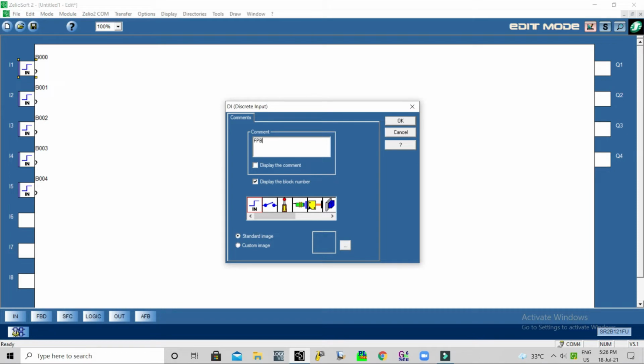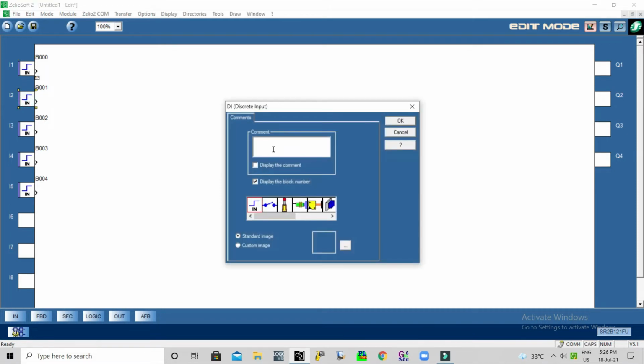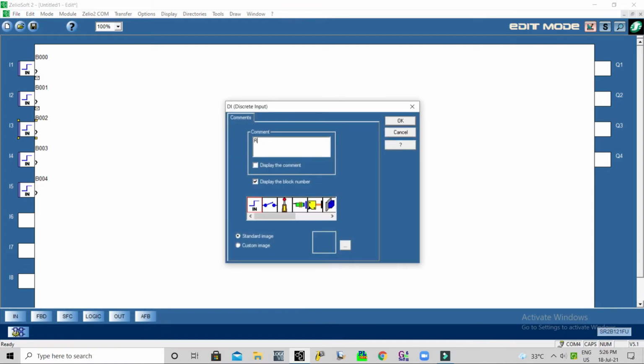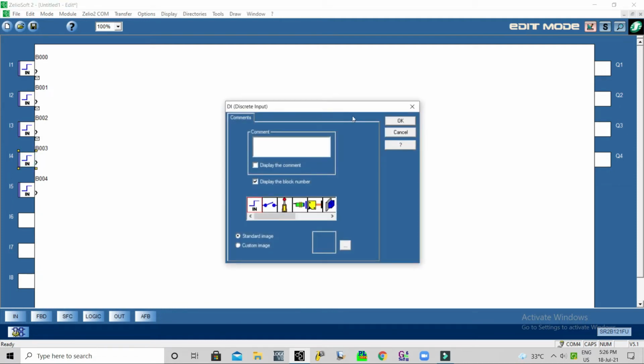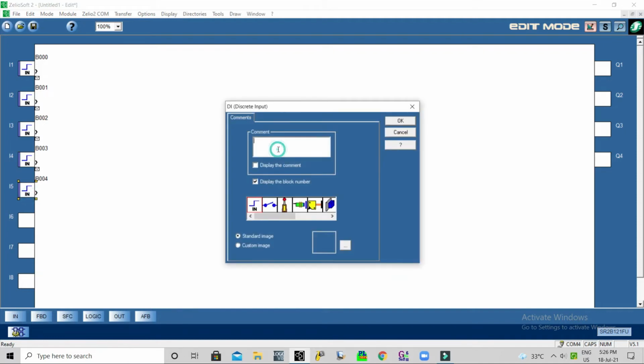This is forward push button, this is forward limit switch, reverse push button, reverse limit switch, this is stop push button.